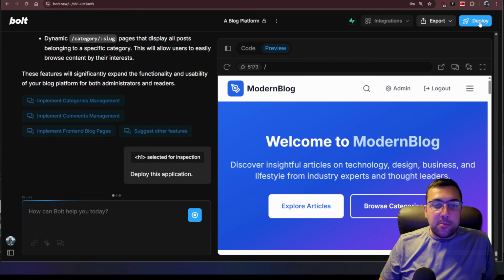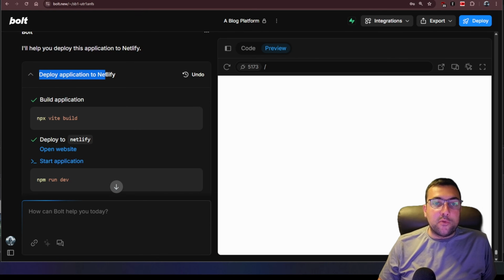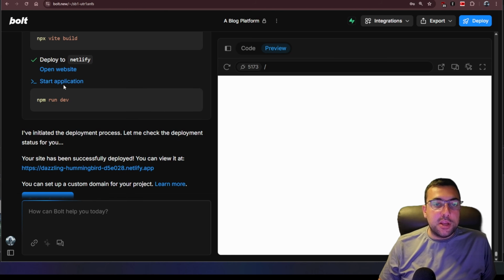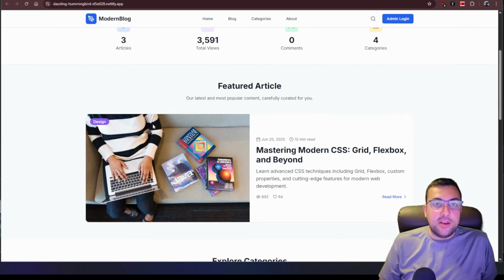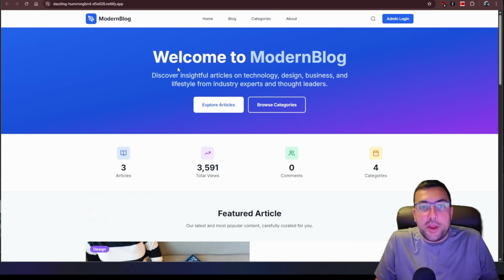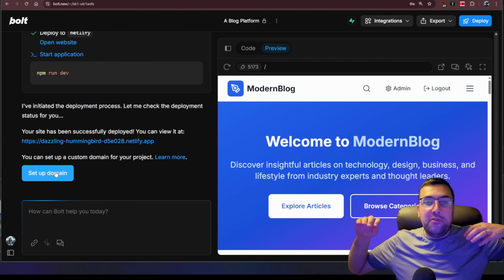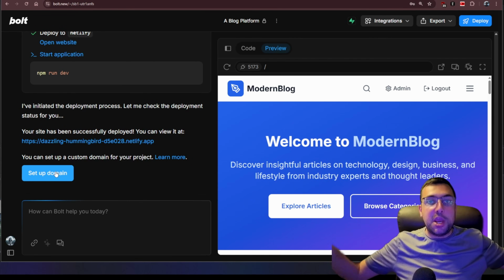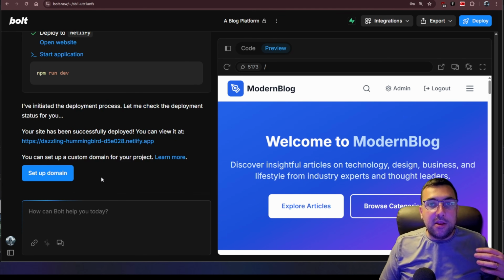So we can hit deploy, and it is as simple as clicking the deploy button. You can see it says it's going to deploy, it builds the application, it knows what to run, and it says our website is running on this domain here. So we can actually click this and we have a website running. And as I mentioned in the beginning of this video, we can actually go back to the left here. We can say set up a domain, and we don't have to do any DNS editing or changes. It is literally just through this left chat window that we can talk to it and create a full functioning